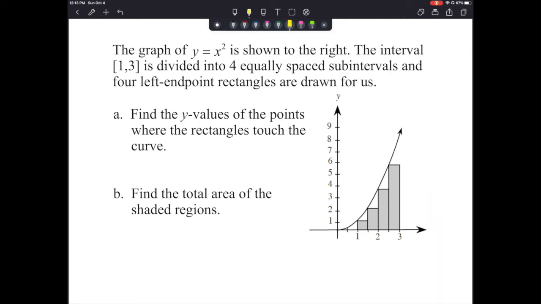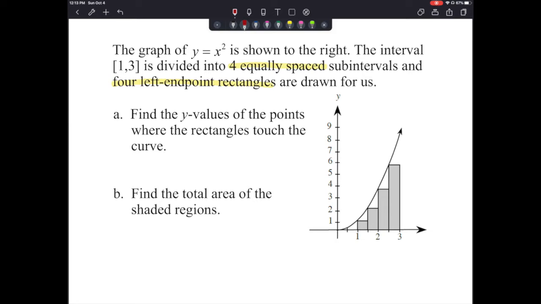So first, the graph of y equals x squared is shown at right, so they're just showing half of it. The interval from 1 to 3, the same interval we just looked at, is divided into 4 equally spaced subintervals and 4 left endpoint rectangles. So that's important information to know. Letter A, find the y values of the points where the rectangles touch the curve. Remember, to find the area of this region, we're just finding the area of each of those rectangles and adding